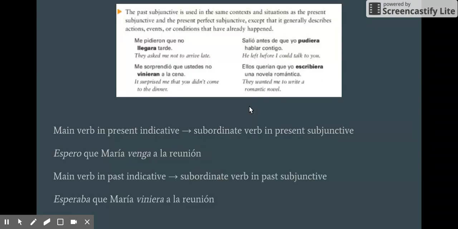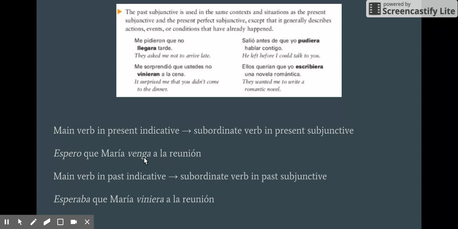In terms of the uses of the past subjunctive, it's exactly the same as the regular subjunctive, but in the past. So if we have a sentence in the present where the main verb is just in the regular present indicative, then the subordinate verb is in the present subjunctive. What that means is just like how we always use the subjunctive. Example here, espero que María venga a la reunión. The verb espero is the main verb, and it's just in the regular present. So if you see that in the regular present, then the following verb will be in the present subjunctive,